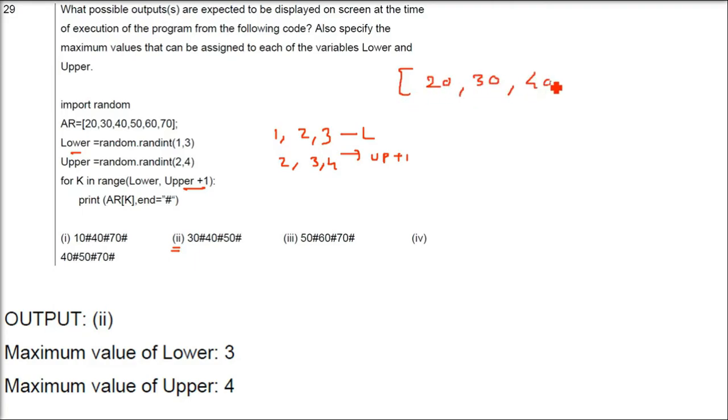So first is 20, 30, 40, 50, 60, 70 and 0, 1, 2, 3, 4, 5. These are the indexes. Now, lower till upper range. So lower can have any value from 1, 2, 3. Upper can have any value from 2, 3, 4. So basically 1 till 4. If you see the index, 1, 2, 3 from the lower, and 2, 3, 4 from the upper.